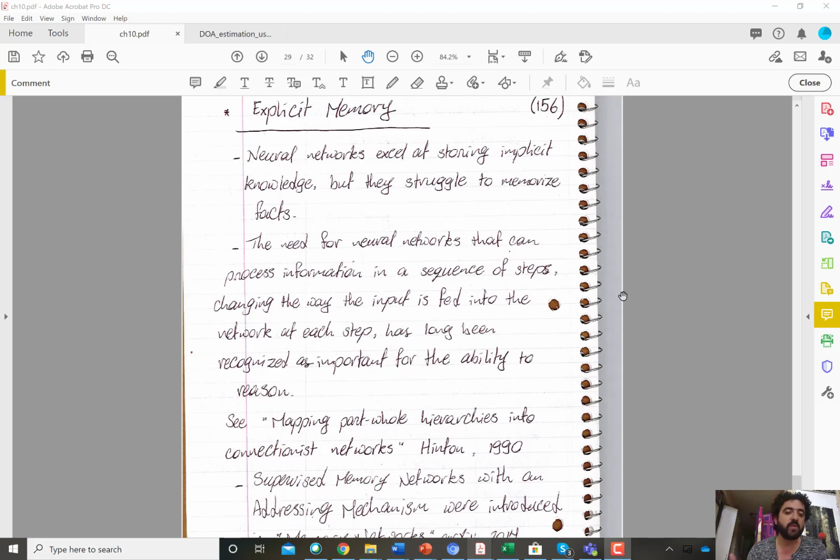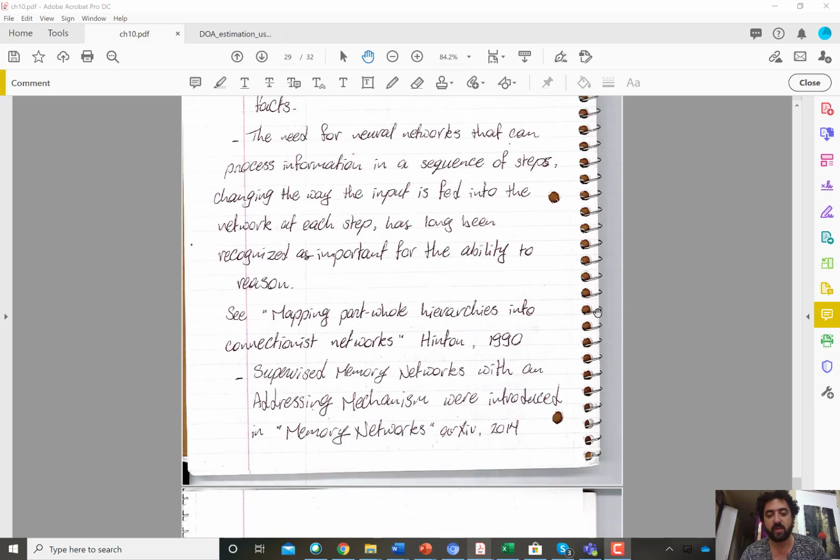So these SLIM networks were not only for determining the sequence length, but it was an attempt along these lines of having a general purpose network or multitask network. And every time, in a data-driven way, you access and update only small parts of this network. An interesting reading related to this idea of processing the input differently at different time steps is that 1990 paper by Hinton called Mapping Part-Whole Hierarchies into Connectionist Networks.